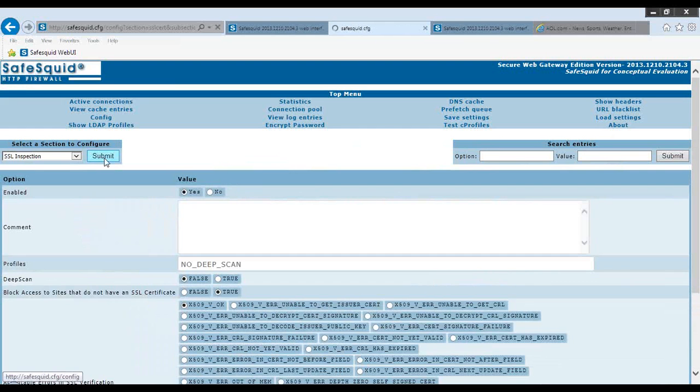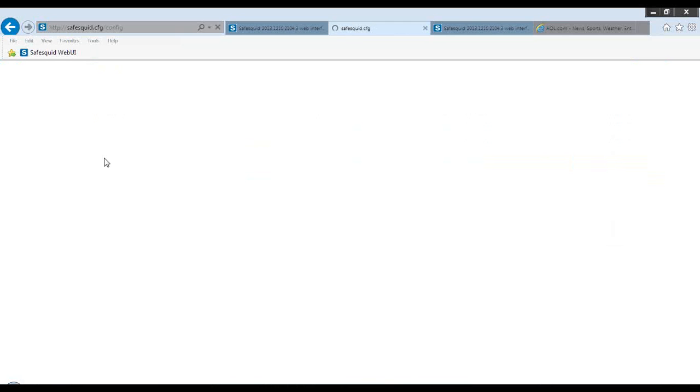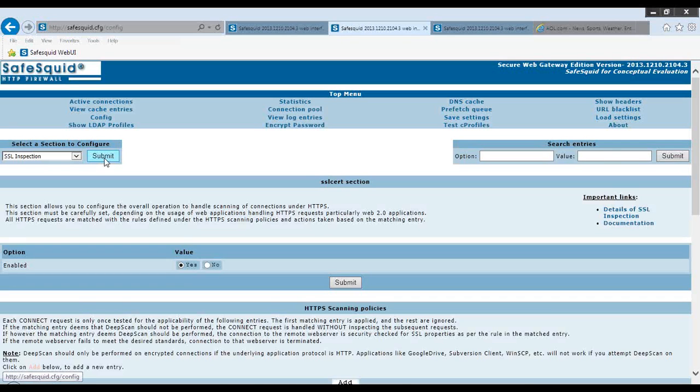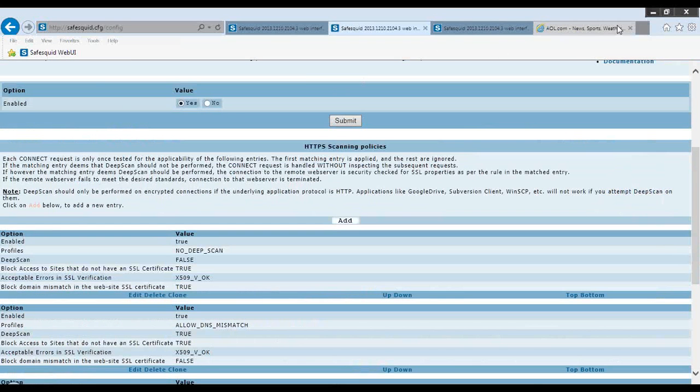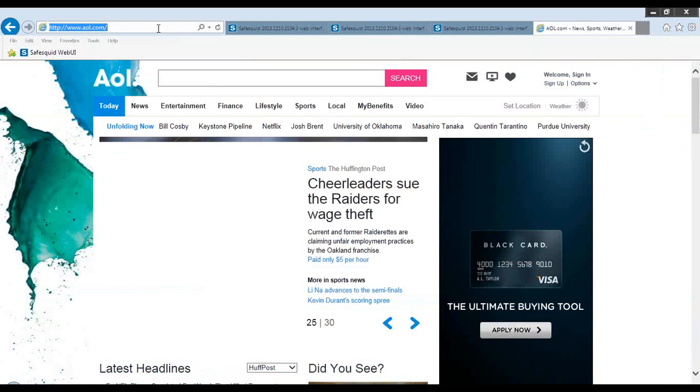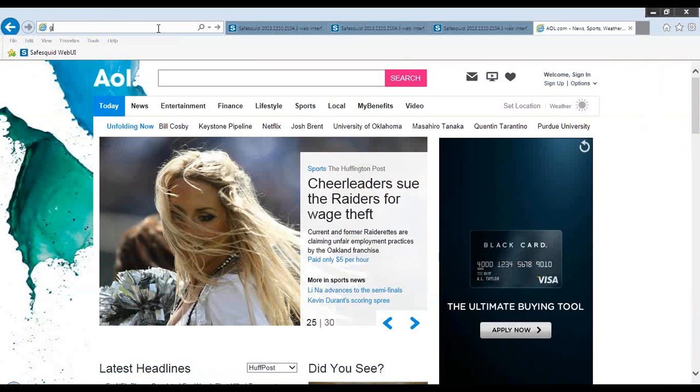And that allows us to create policies in our HTTPS scanning. Once a connection, which is an HTTPS connection, is being scanned, then very naturally even the virus scanners will start to pick up content if they contain any malware or a virus or something like that. But more importantly, you would be using something like that for your Web 2.0 controls. Let me take you to an example, the most popular example,